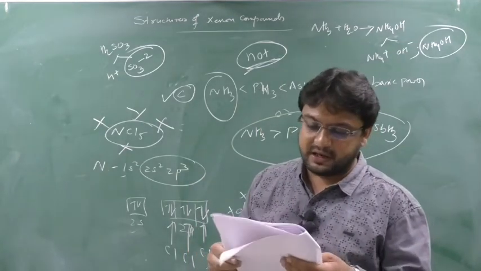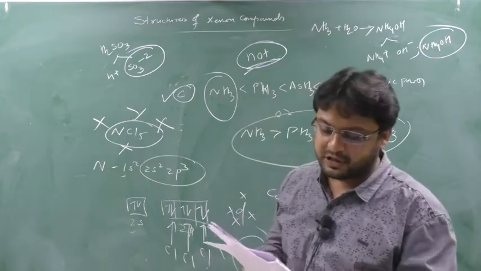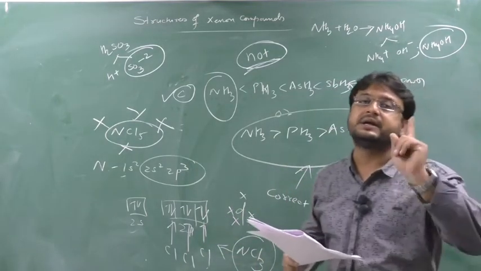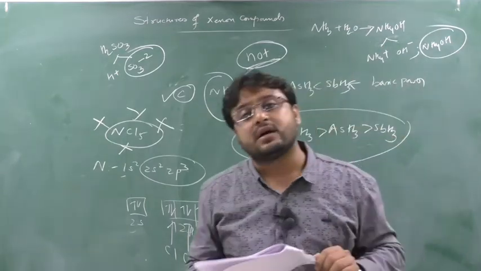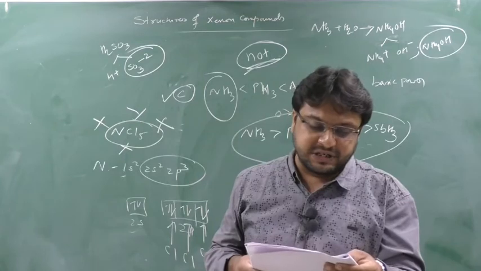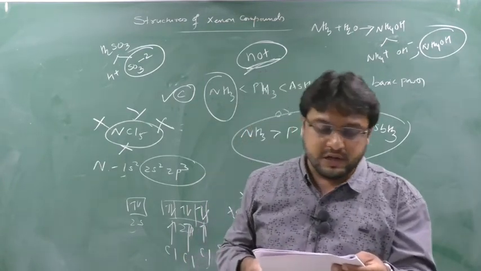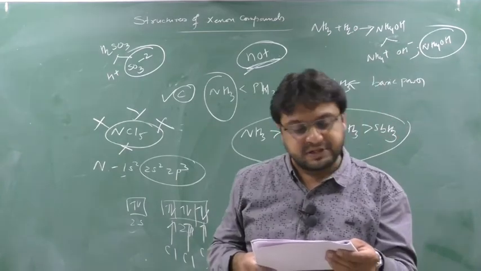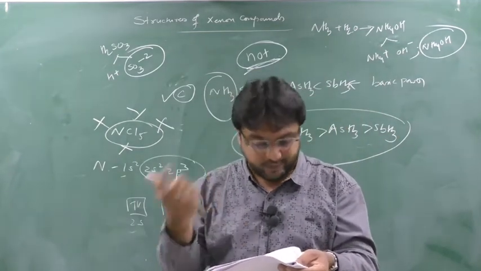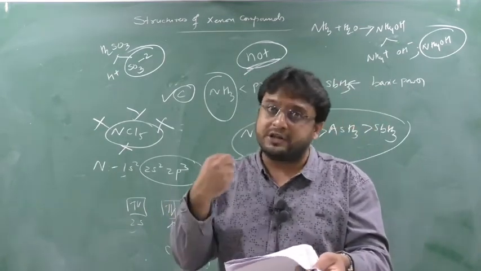Question number 23. The incorrect statement among the following is... Many students have asked me this doubt. We have to find the wrong answer. See, incorrect statement means you have to find the wrong answer. So see, C60 is an allotropic form of carbon. Yes, it is correct. It is true, no? They have not said C60 is the only allotrope. They have said C60 is an allotropic form of carbon. Yes, it is true, but you have to find the wrong answer. So option A will not be the answer.